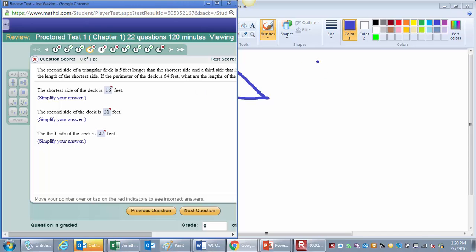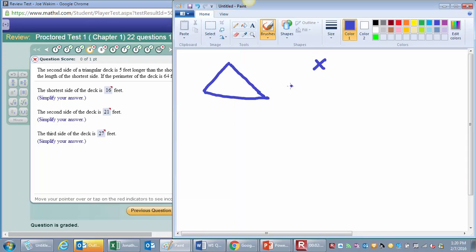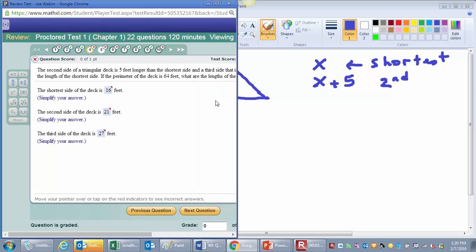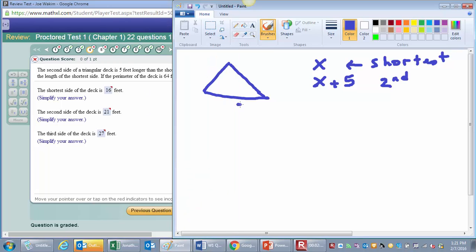So let's say the shortest side is x. So the second side would be 5 feet longer. So x plus 5. Okay, so this is the shortest side. And this is the second side. What else do we have here? And the third side is